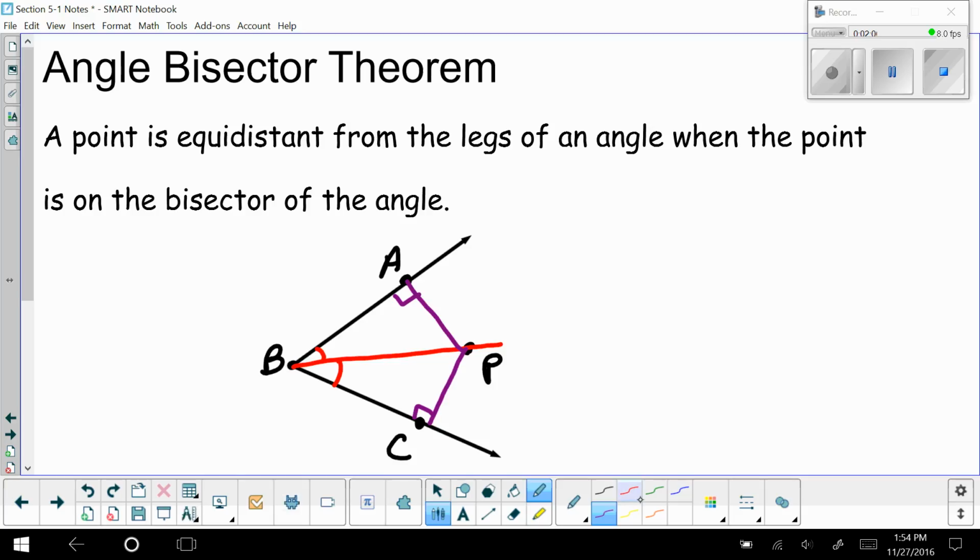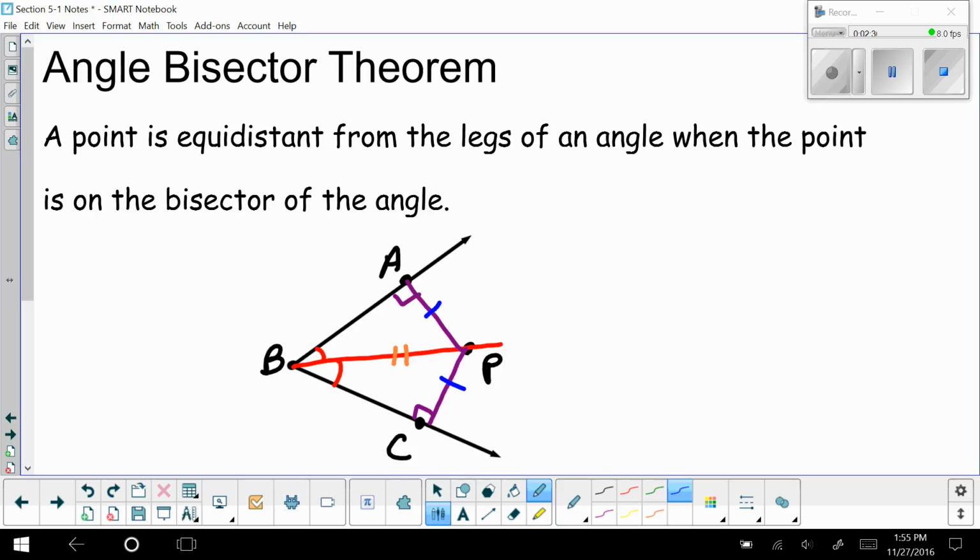Well, if you notice here, I do have a shared side, and I have angle, angle, side. These two triangles are congruent. So by CPCTC, the length of PA is the same as the length of PC. So as long as P is on my angle bisector, it's equidistant from the two sides of the angle. But it also means if P is equidistant from the two sides of the angle, then it must be on